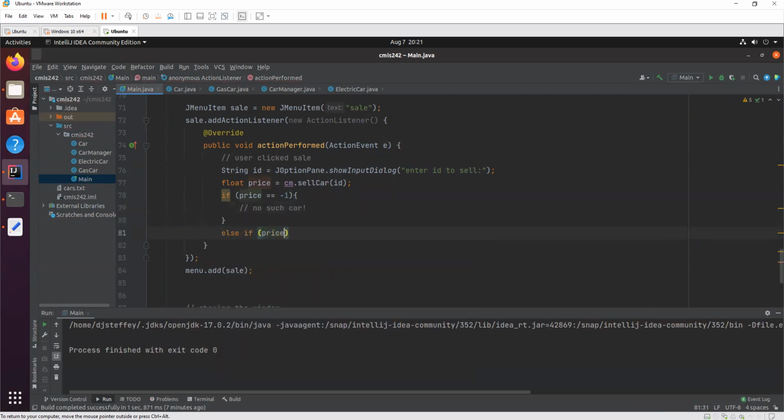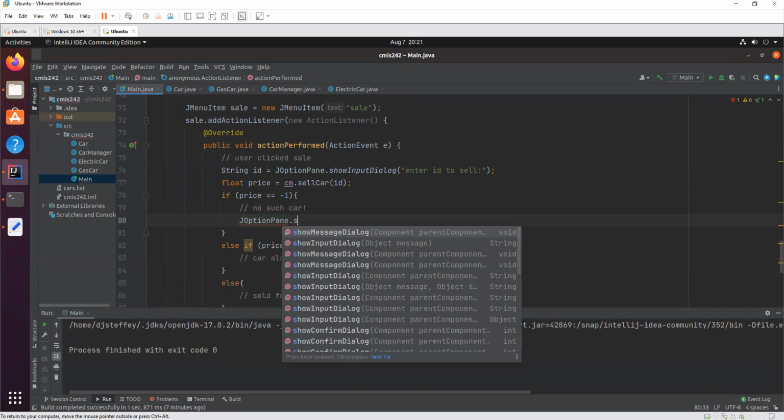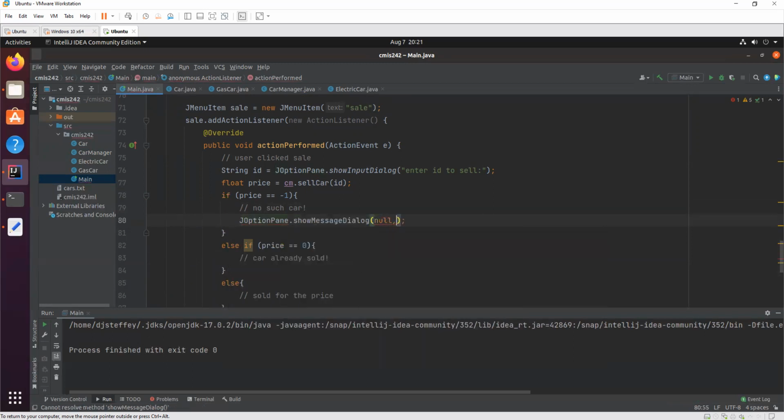Else, if the price is equal to 0, car already sold. Otherwise, sold for the price. So let's show the user. Option pane, show message dialog. No such car exists.